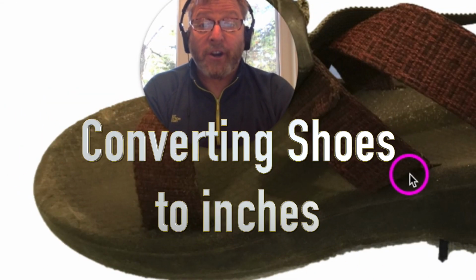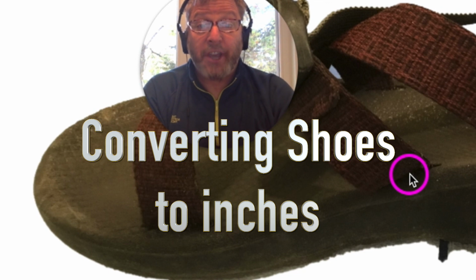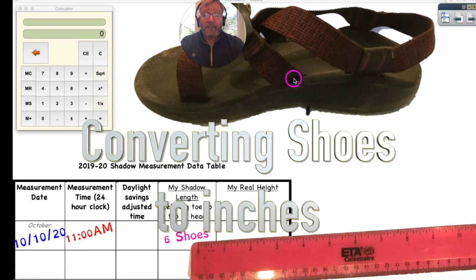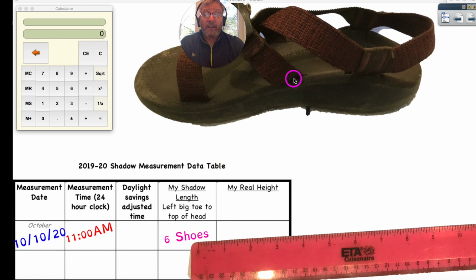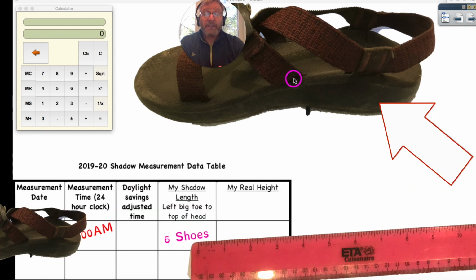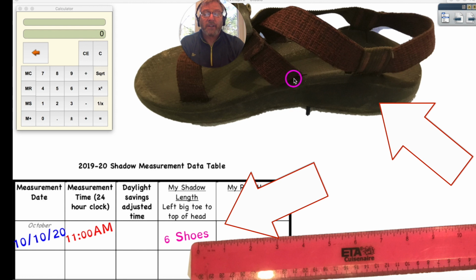We have been measuring our shadows to see how our shadows change throughout the day and throughout the year. Since we're doing these measurements at home, each of us is doing these measurements with different materials, and many of us are measuring our shadows by counting the number of footsteps it takes from the toes on our real toes to the head on our shadow head. When we do this, we get an answer in steps, or how many shoes it is from your toes to